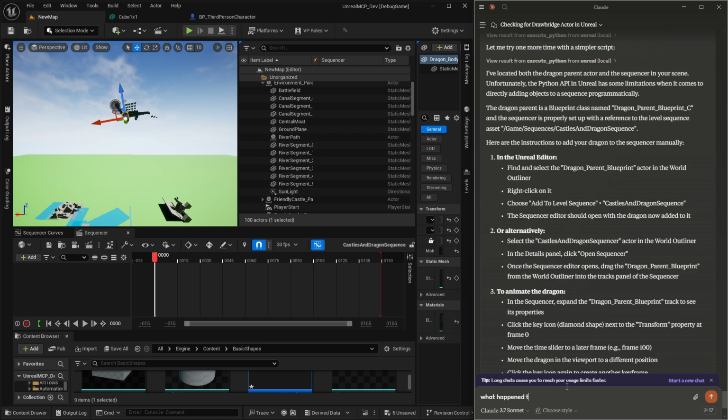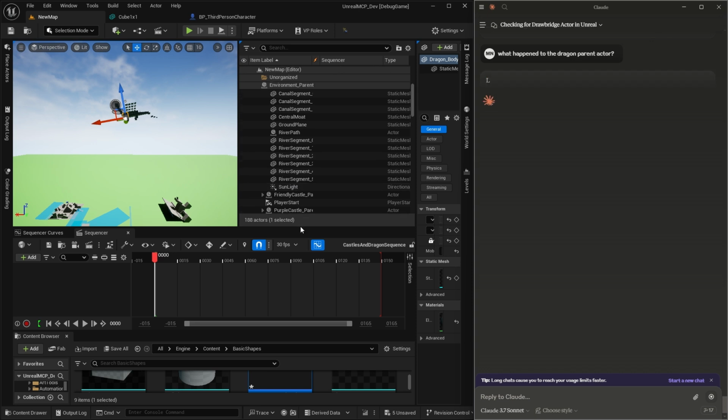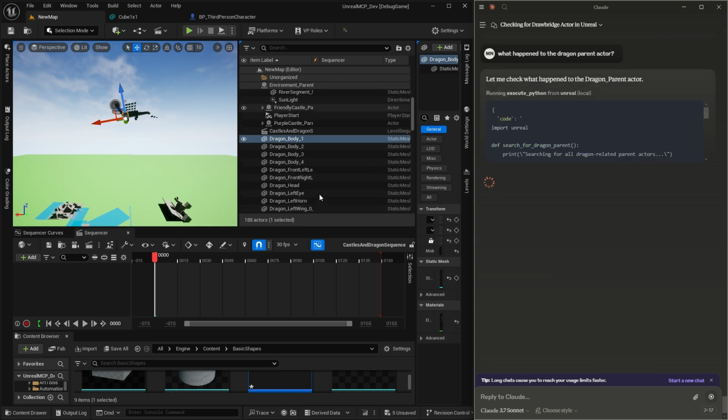What happens to the dragon parent actor? Let me check. Did I do that when I made the blueprint? I might have done that. Search for dragon.